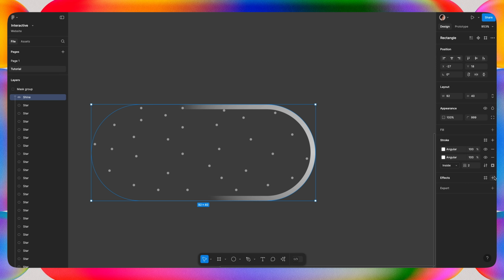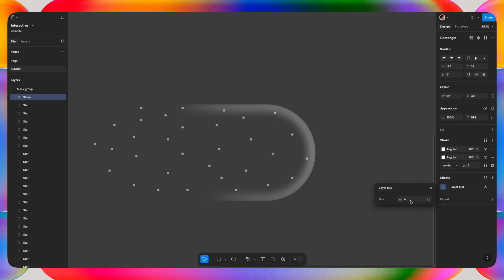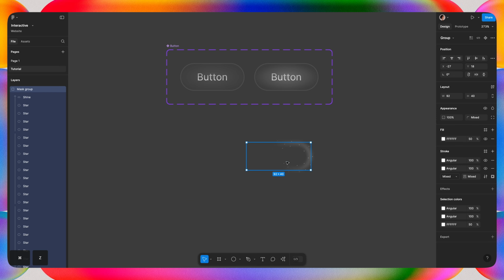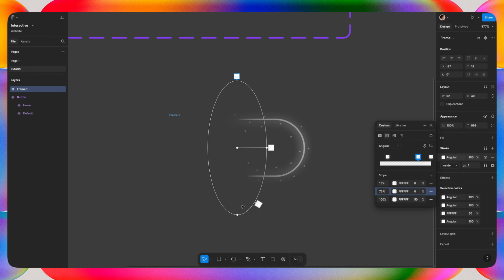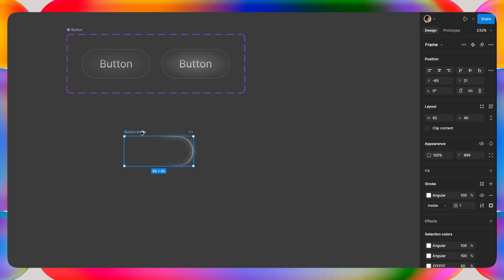Let's make the stroke size 2 pixels and move into effects. Then I'm gonna change into layer blur, and let's give it maybe 6 pixels. Next, I'm gonna frame that selection and give it another stroke. So for the stroke, we're gonna use the exact angular gradient combination, adjust to your liking. So now we have the main line and then like a blurry shadow behind it.